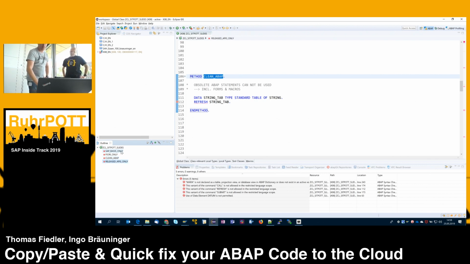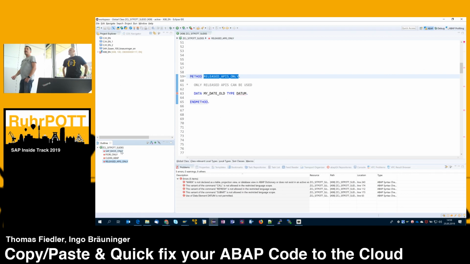And then last but not least, the most important point: you can only use released APIs in that system. It's not like in the past, looking into the SE80, there's a nice function module, I'm just using that. In that case, that's not possible. We only have clearly defined APIs, released objects, and only these can be used in the cloud platform. When you want to use other things, you directly get a syntax error, like in that case. All these data elements that are in the system, you cannot use anymore, because we defined exactly one correct data element for one thing.